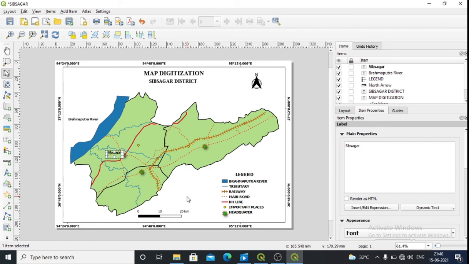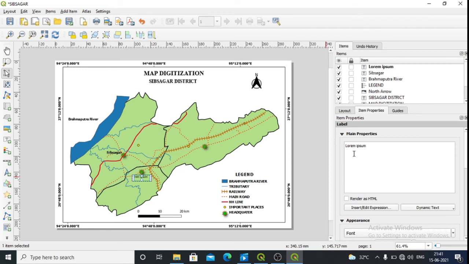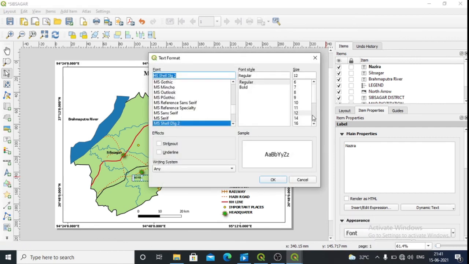Similarly, the name of the headquarter of this one is Nazira. Go to add label, then add one text box here, then write Nazira. Then go to font, increase the size, configure the format, then make it bold.